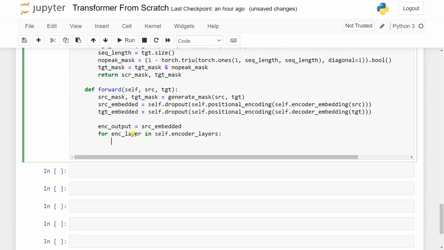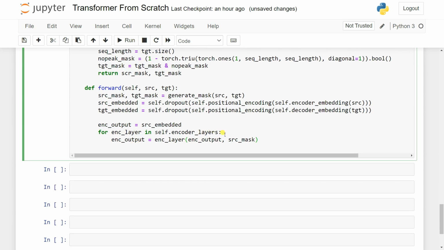Okay, now that's our embedding output, I mean encoder output. We can append it, using here source output equals encoder layer. This is our encoder layer, and you can pass in here the encoder output and the source masks. Okay, it should be the encoder output and the source masks, because in the encoder layer we have the 6